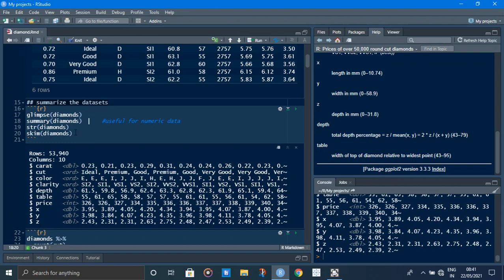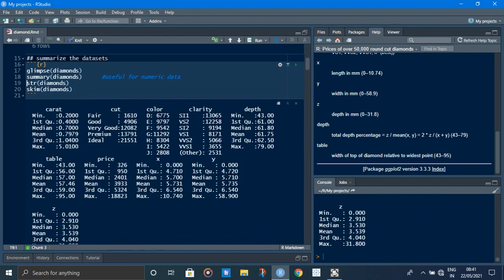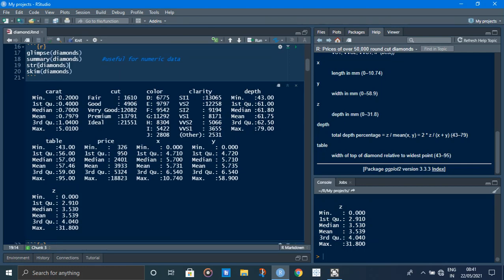We run the next line, summary of diamonds. Here you can see it summarizes the data: carat, minimum value, first quartile, median, mean, maximum value, color, price.